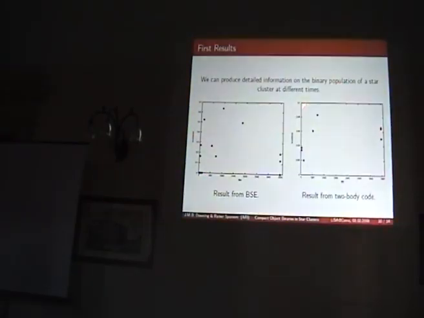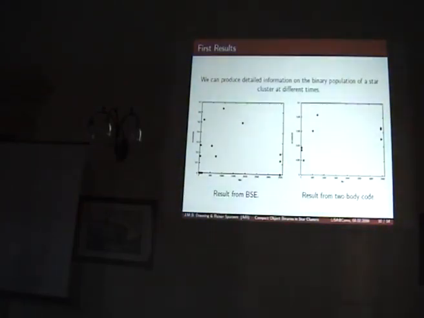And this is what we are getting out after running the explicit two-body integration. Note that there are fewer points on this graph than there are on this one, and that's because we haven't successfully evolved all of these through two-body evolution yet, and I will explain a little bit more about that in a moment. But you can see at this point, we don't have so many of the high eccentricity binaries, at least not yet.